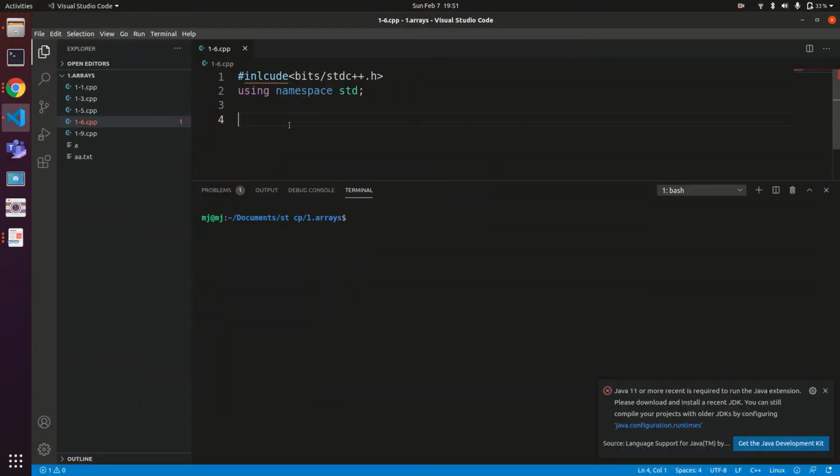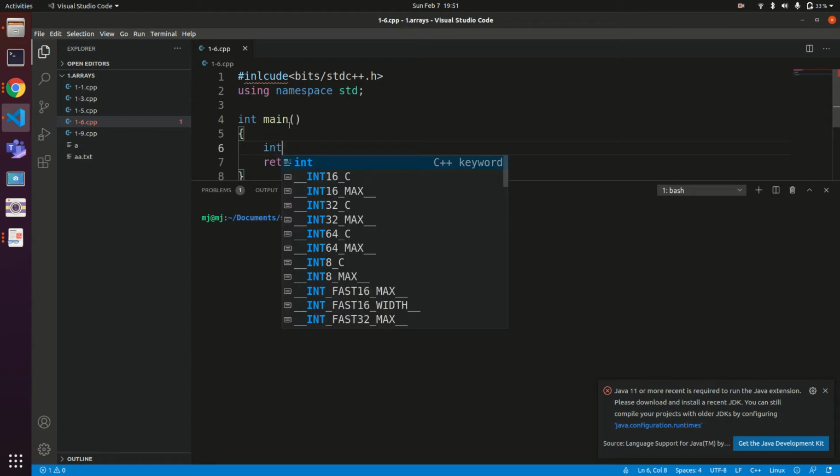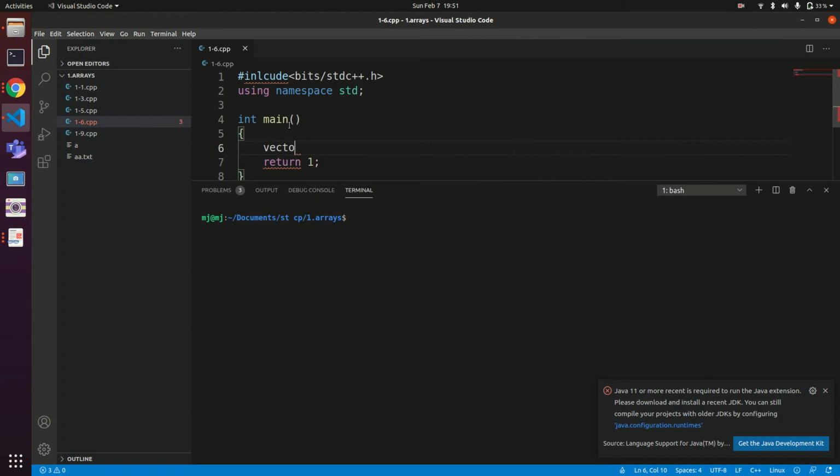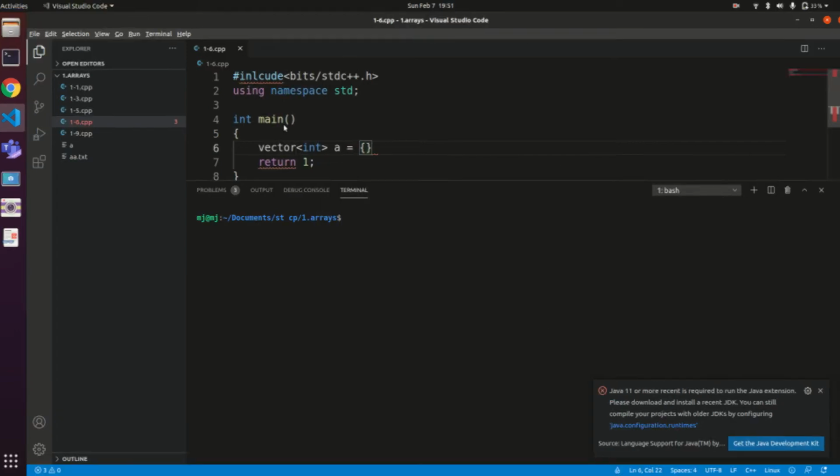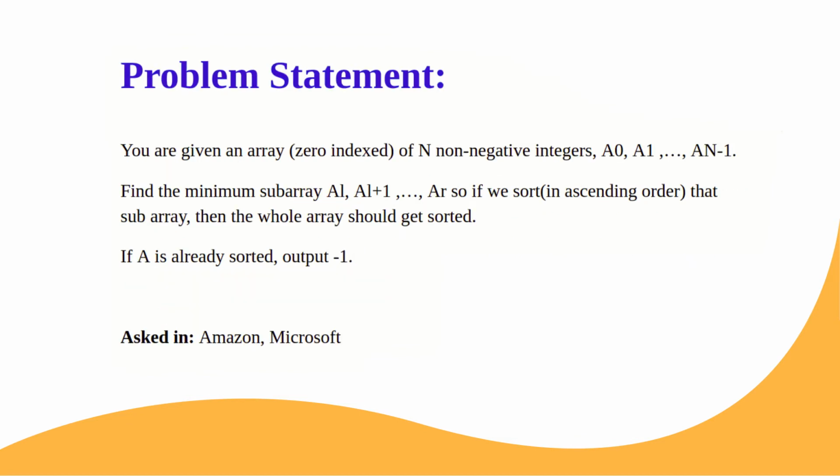Okay, so as discussed, let's first write the main method here in order to call our own method. So let's return 1 as we have written int as the return type. Now let's define a vector int a equals, let's take the sample that we have understood, 1 3 2 4 5.